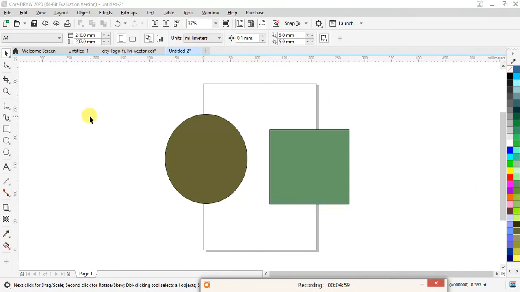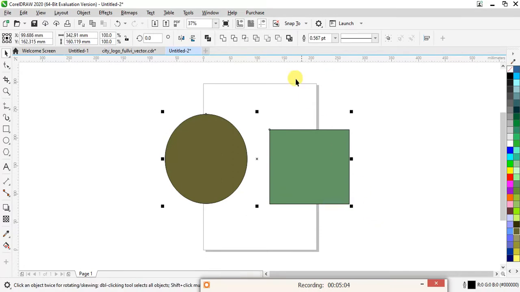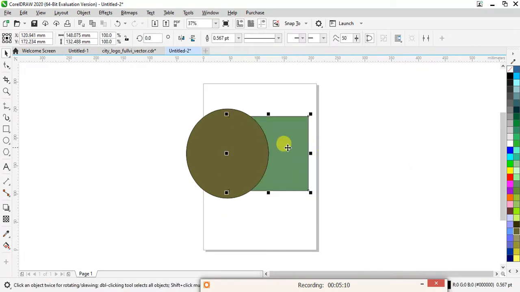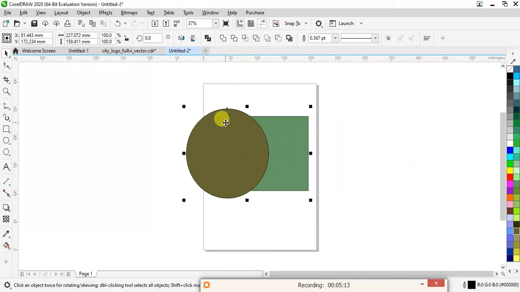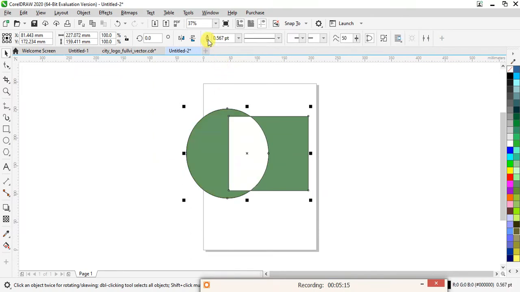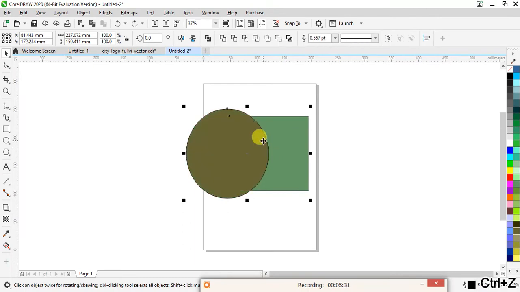Now what I want to do is combine these objects. When I select these objects, there are many options available, like combine. What does this do? It is a combination of the objects. Let's say I want this object to be placed over here, and I select all and click on combine. While combining, you can see the color of the object which is above is given to the result, and you can see how it is combined together. The overlapping part of both objects you can see in white. This is how combination is done.